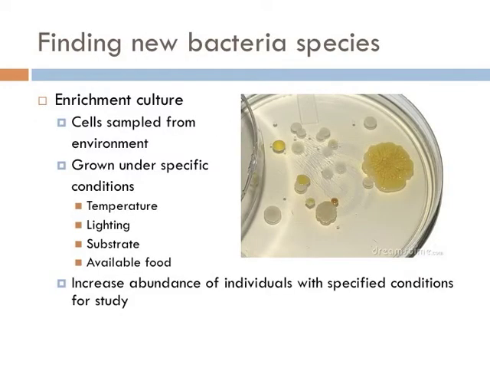So how do we find a new bacterial species? Well, it isn't nearly as easy as finding a new insect species. If you want to find a new insect species, just go someplace not a lot of entomologists have been, like North Korea, or someplace where there's a huge amount of biodiversity, like Brazil. Take your butterfly net and start frolicking around the bushes. You're very likely to come up with a new species.